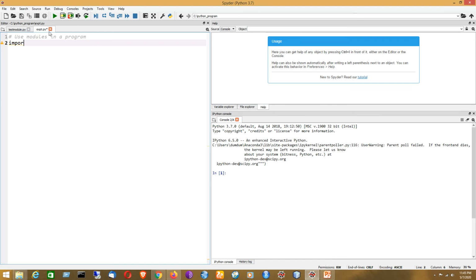Okay, so this module is basically quite similar to the concept of package in Java. So I need to use the import statement. Say test module. You don't have to write the entire name, because if you write here, say for example, test, it will give you the name. Say test module is made available to you.